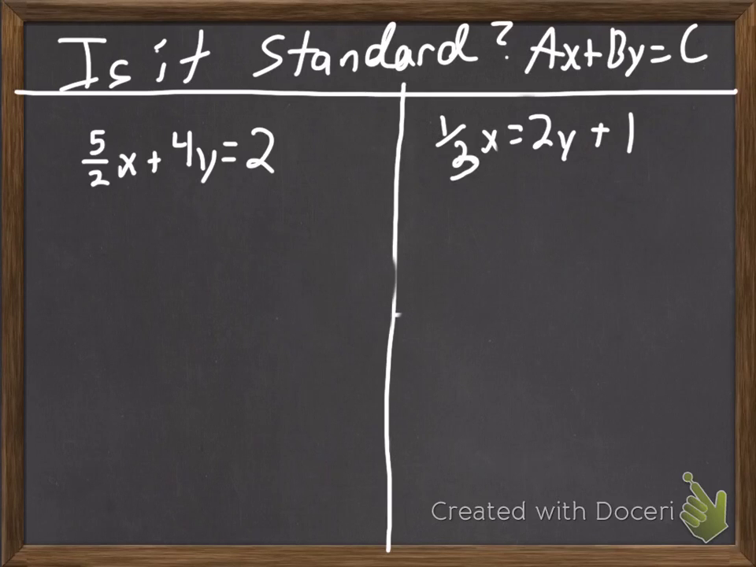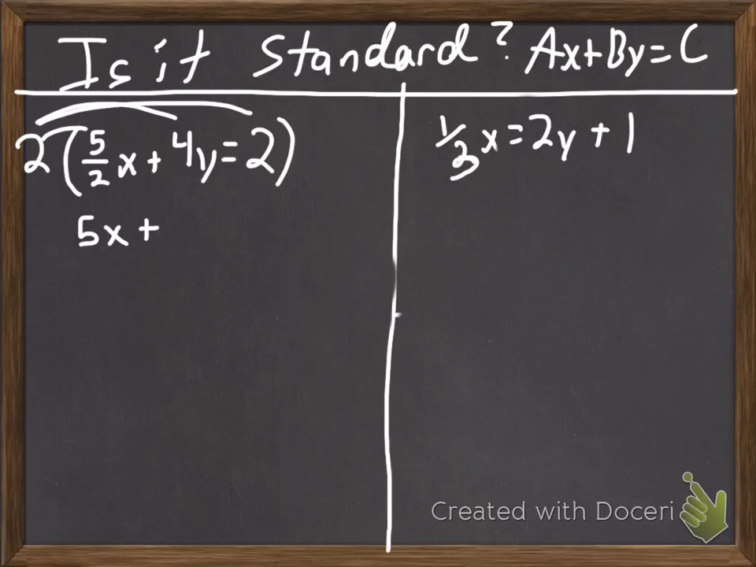If you recall from earlier lessons, we know that if we want to get rid of that fraction, we're going to have to do some multiplication. So I have 5 over 2. What can I multiply that 5 over 2 by to get rid of the 2? Well, 2. But we can't just multiply the 5 over 2. We have to multiply the entire equation by 2. And what you get is something that looks a little bit like the distributive property. So 5 over 2x times 2 is just 5x. 2 times 4y is 8y. 2 times 2 is 4. So now we have a nice